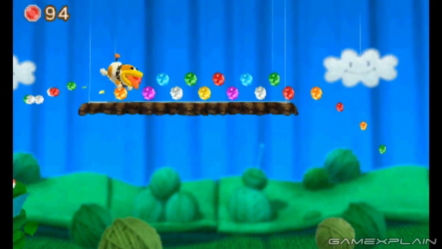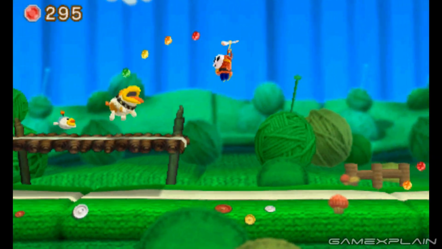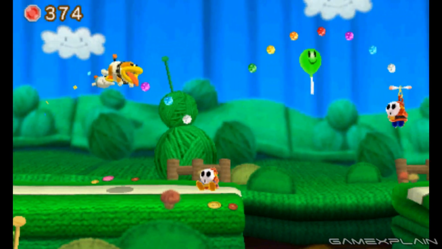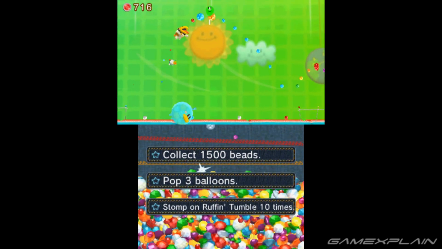Each time you defeat a world's mid-boss, a new Poochy level is unlocked. Here you play as Poochy in a new auto-runner stage based on levels that Yoshi has gone through with the goal of collecting as many beads as possible. After the first time, challenges are unlocked, which provides a reason to replay them,